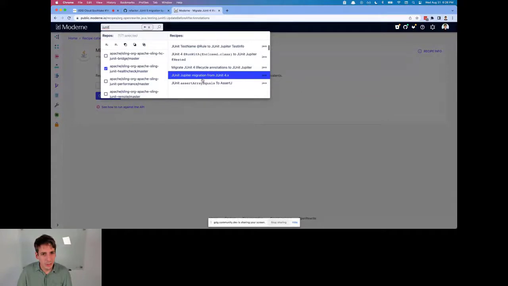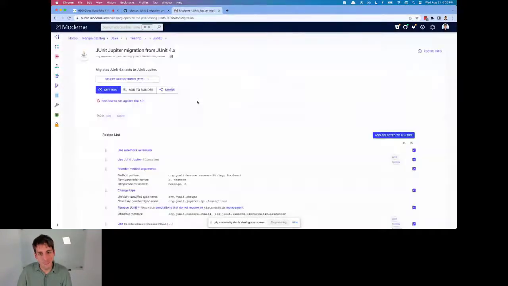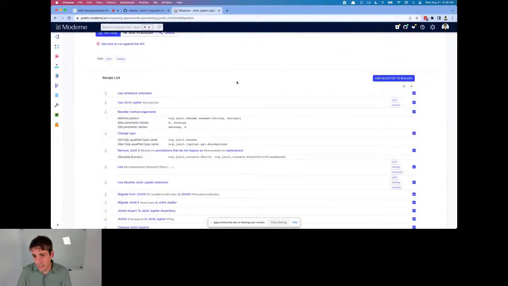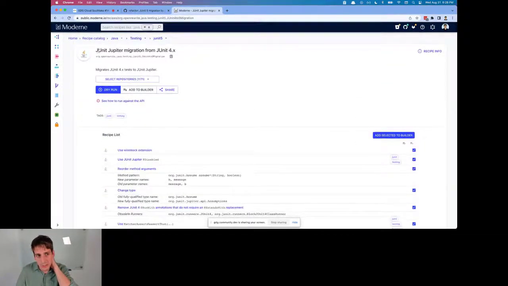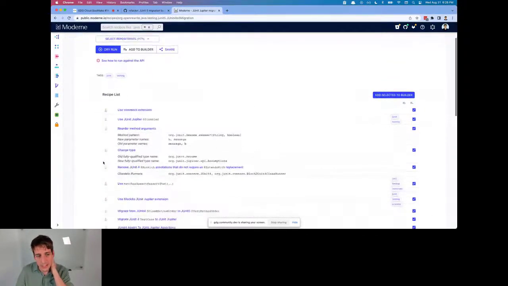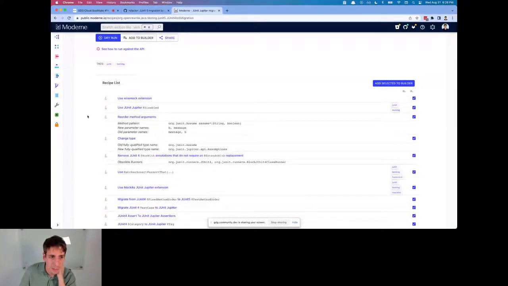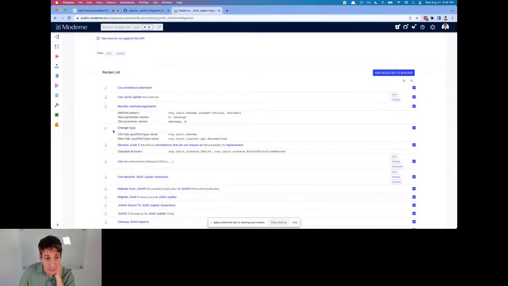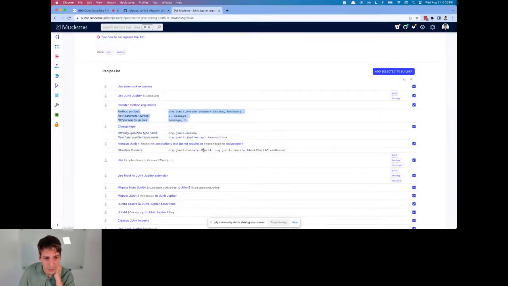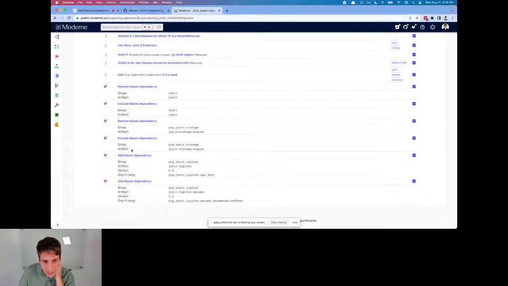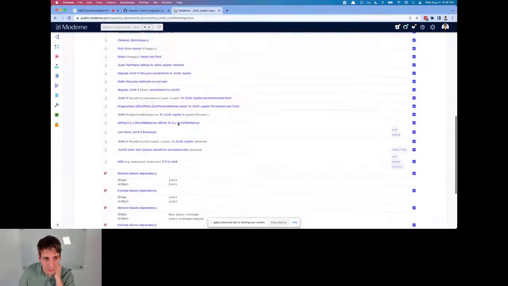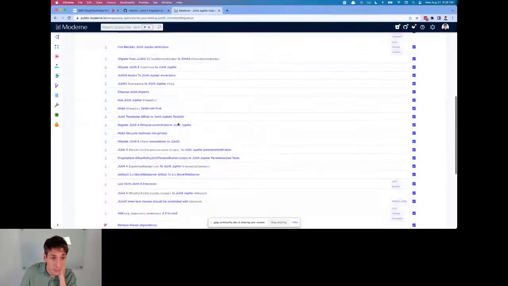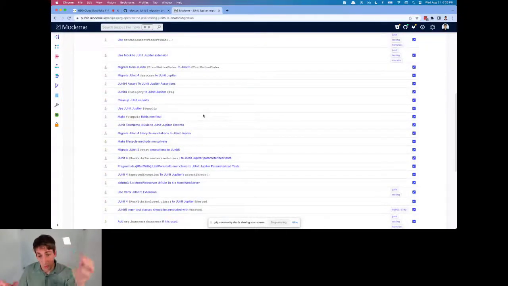So did you create a log4j recipe? Yep. Save the world. Yeah, exactly. I mean, any of these things, right? They just have that. So you could see like JUnit Jupyter from JUnit 4 is actually a recipe that's composed of using the WireMock extension, changing some of the base building blocks like change type, assumed assumptions, reorder these arguments, add and remove dependencies from Maven, migrate from Mockito 1 to Mockito 3, which is a whole other set of recipes.